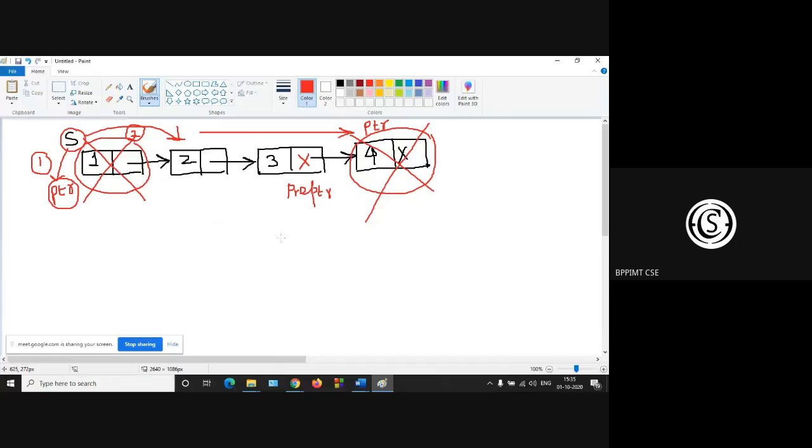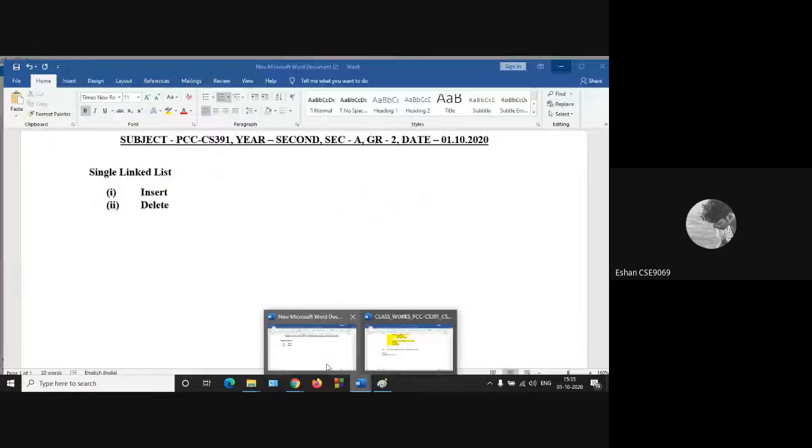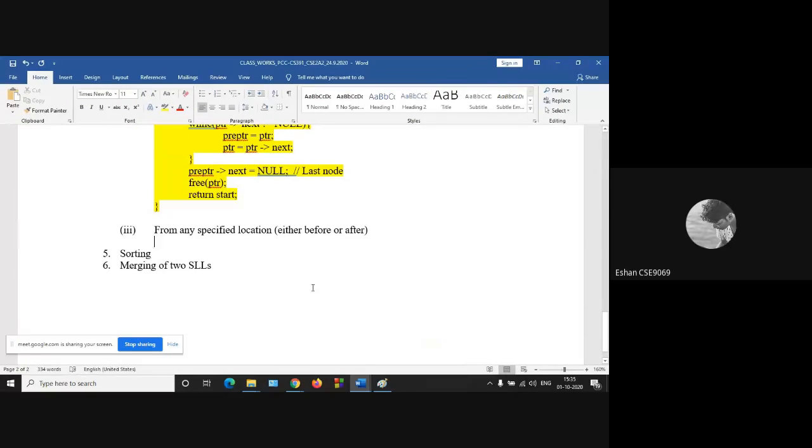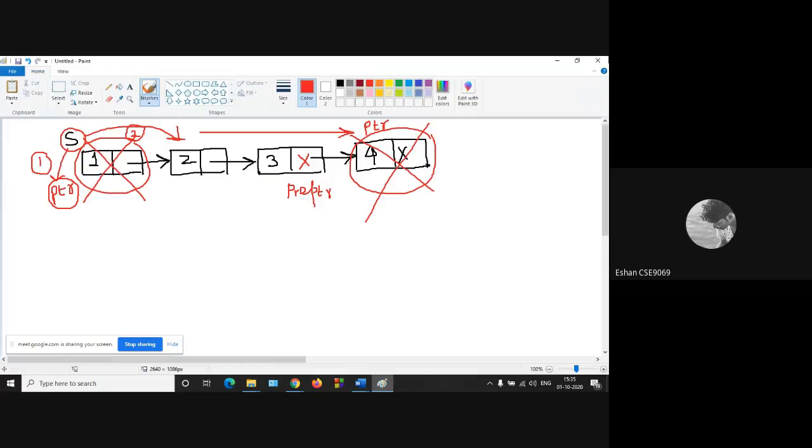Any idea? Sir, it would depend if we need a position based or a key based. Key based. Value based. If it's value based, then we have to use a search algorithm to find the pointer which points to that value. Then we have to link the next pointers to the correct pointers, and then delete the pointer which was stored in a previous pointer.